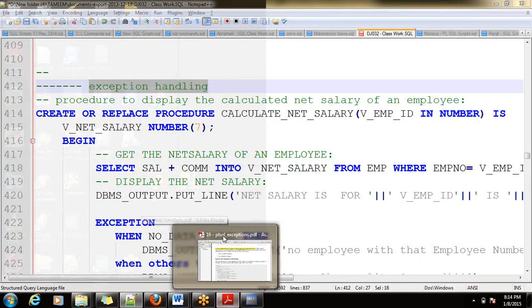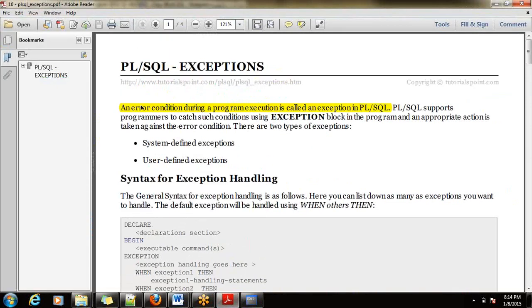So an error condition during a program execution is called an exception in PLSQL. So PLSQL supports programmers to catch such exceptions using an exception block. Two types of exceptions are available: system defined exceptions and user defined exceptions.